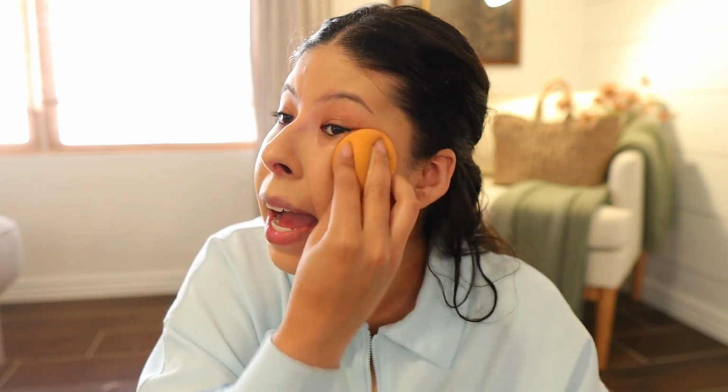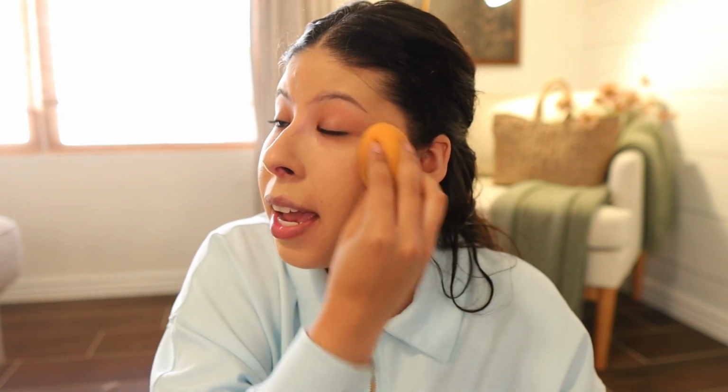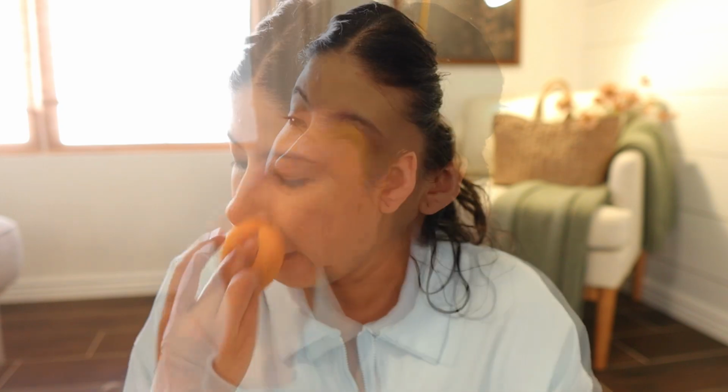Sorry if I'm looking over here, I have a mirror there, but my sponge and my makeup brushes are dirty because I don't consistently wash them. I know that's kind of gross, but yeah, I'm just being honest with you guys. Okay,